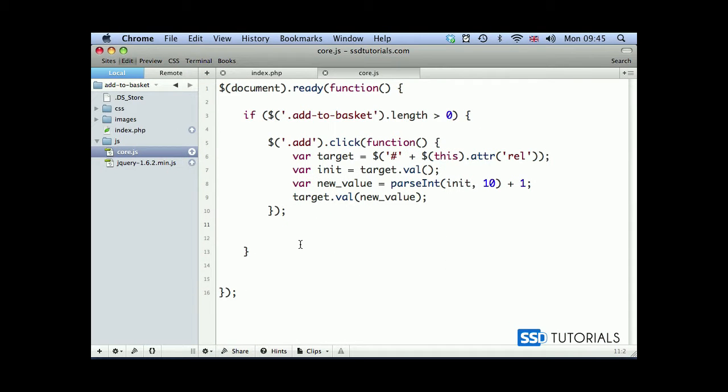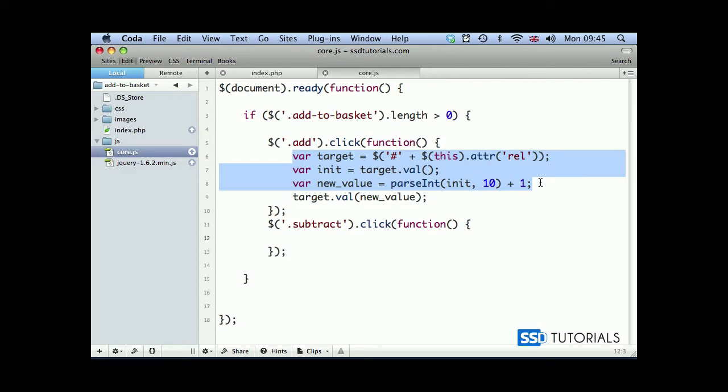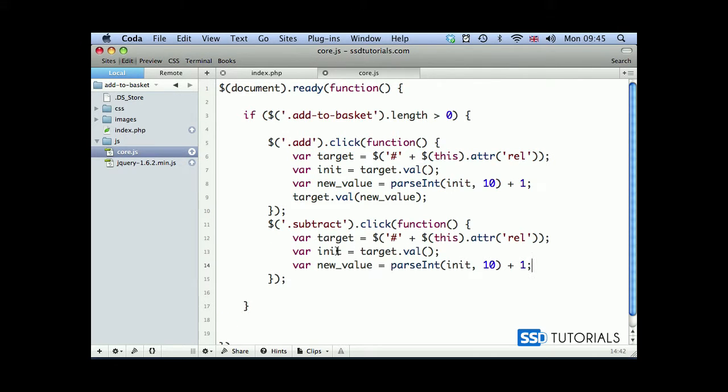So if we go back, we're gonna start with subtract dot click function, and inside we start with basically the same thing. So if we copy all this, so we have our target, we have initial value, new value we have. The only thing we need to change here is obviously is going to be -1,